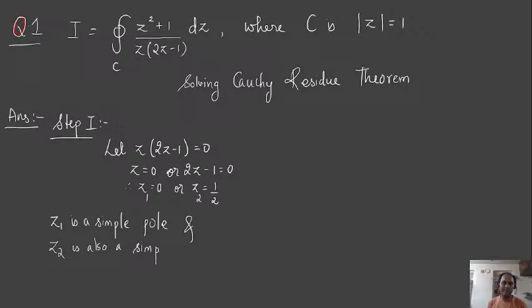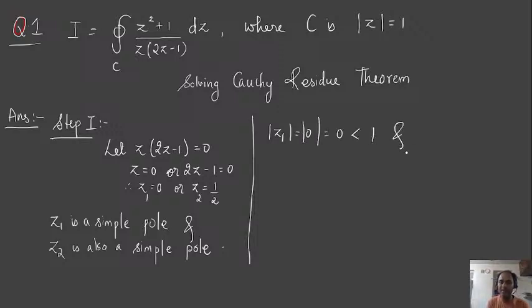Okay, so these are simple poles. Now we are going to check which of them are inside the circle, and it is very obvious looking at this. z1 is 0, mod of 0 is 0, which is less than the radius, and we can also say z2 is 1/2, mod of 1/2 is 1/2, which is also less than the radius. Hence z1 and z2 lie